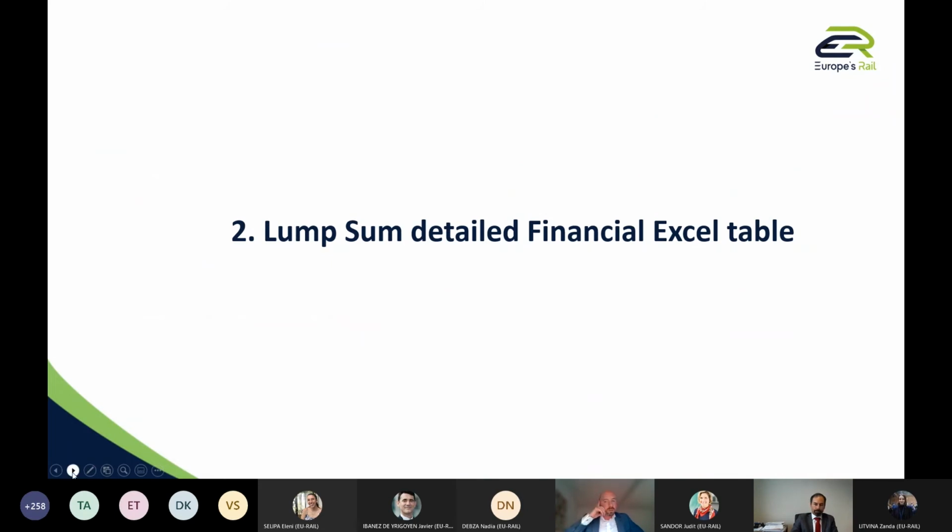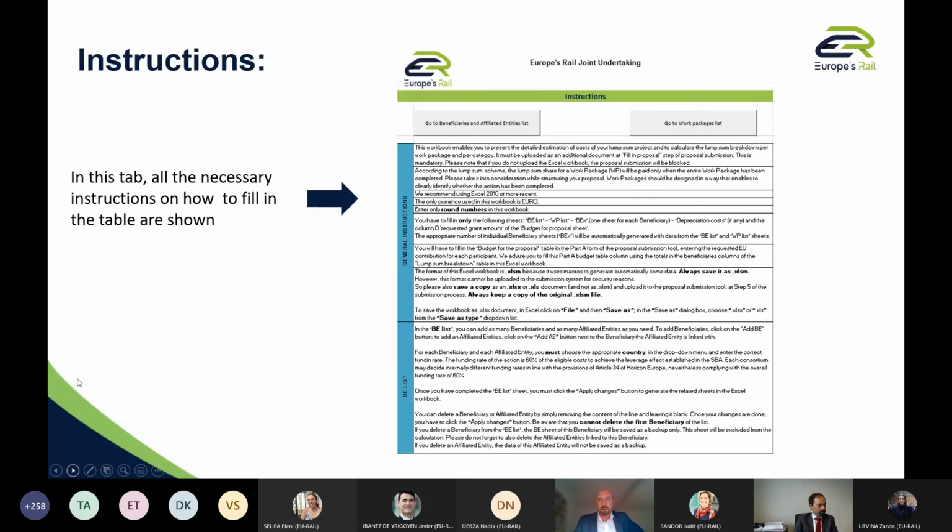So this is for the general concept of a lump sum approach. I don't know if there are a lot of questions on the slide. No, there are not so many questions now. So I suggest we continue as planned in the agenda in that case. And I will cover the questions after.